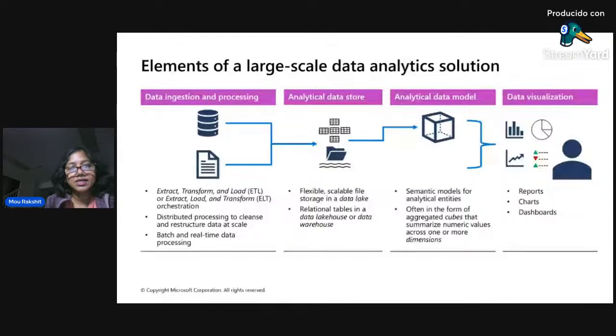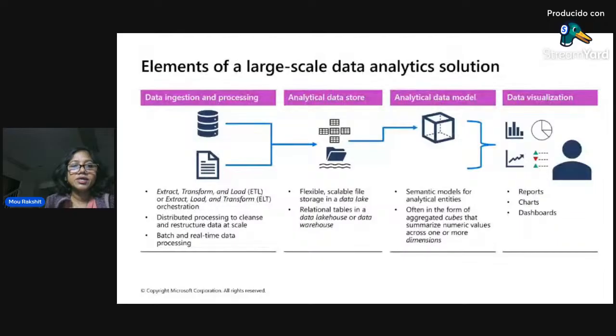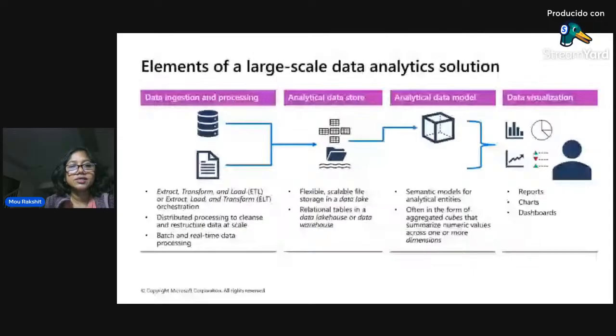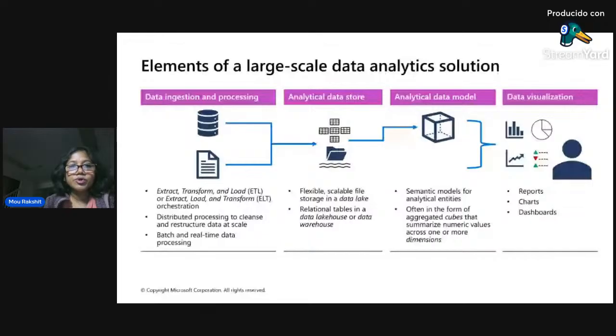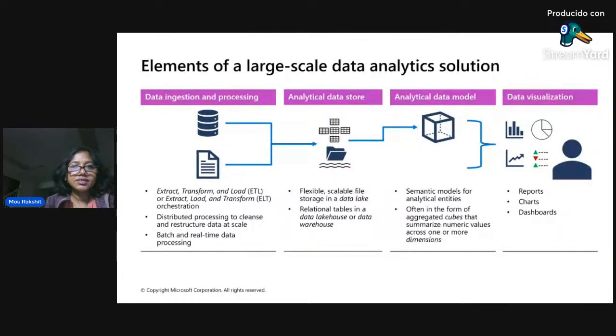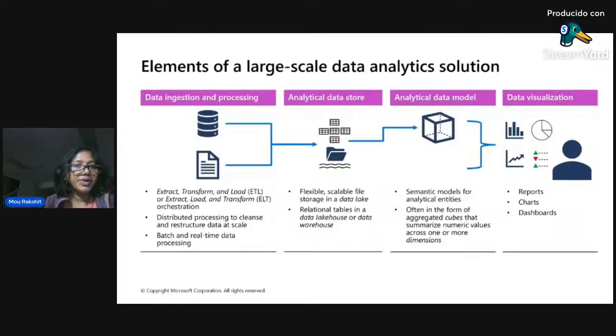Or you can do extract and then load and then do the transformation after the data is loaded in the bronze layer. So either way, basically your goal is to make sure you can bring all of the data from all kinds of sources into your analytics platform. And also you need another component of big data analytics or large-scale analytics, which is the compute processing engine, right? So distributed processing, you need a distributed processing architecture to be able to process this large volume of data from all kinds of sources, to be able to cleanse it, standardize it, restructure it, build a dimensional data model on top of it. And then you also need to be able to do both batch and streaming.